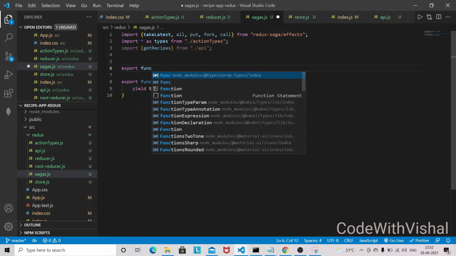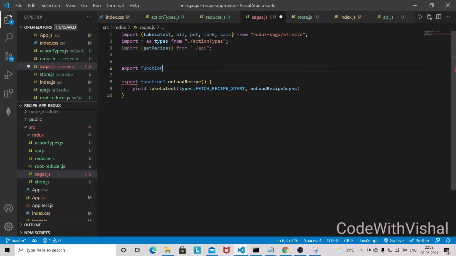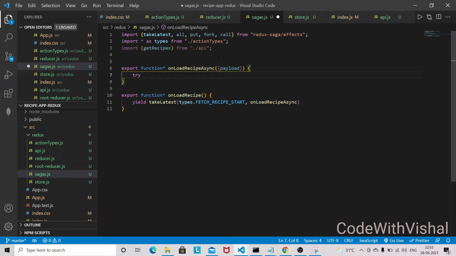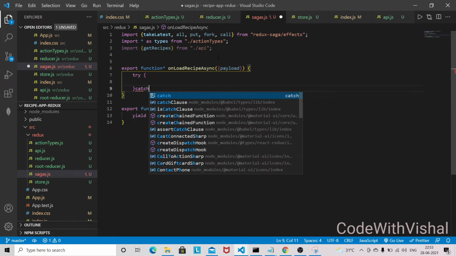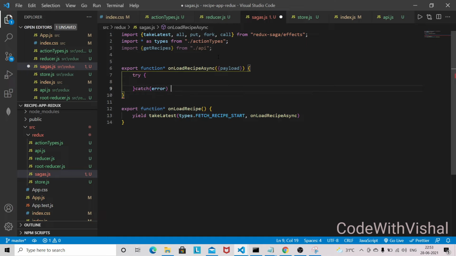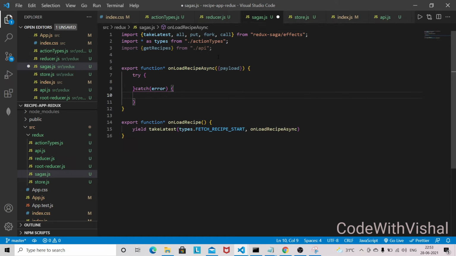Export function onLoadAsync, and it will receive a payload from our component, and we are going to use try and catch. And here we are going to use const response is equal to yield